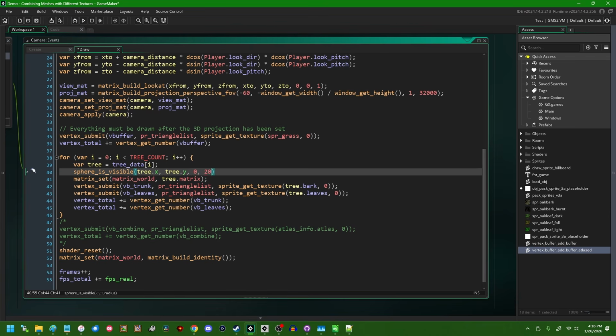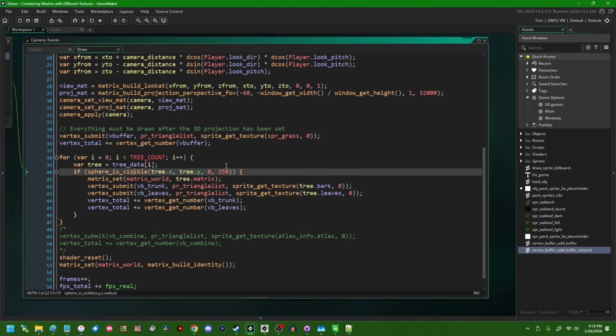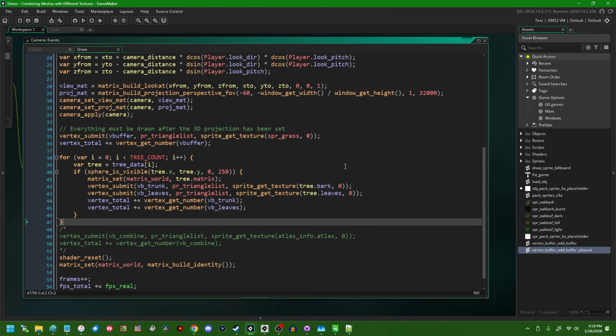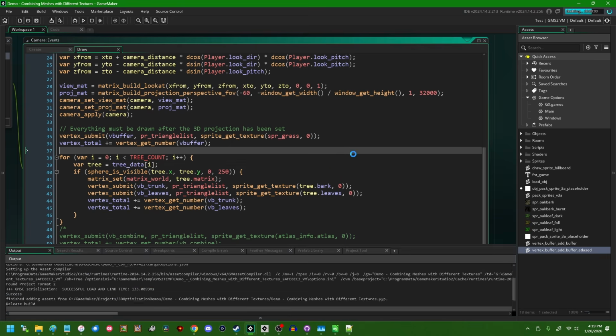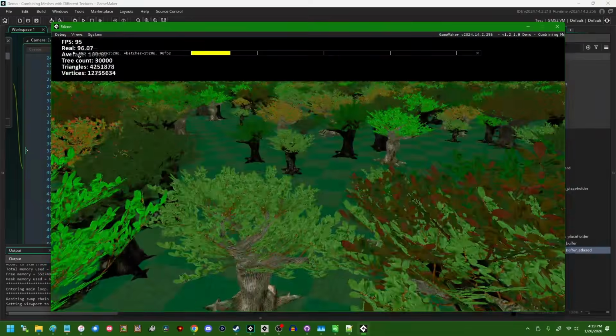And the radius, I happen to know that the largest radius of any of these trees with the scale that we have is gonna be about 250. I'm just gonna hard code that. If you're gonna do something like sphere is visible, you should probably keep track of the bounding radius of an individual model so that you can do this programmatically, but I'm just going to hard code it. And I can say if sphere is visible, then we're going to draw all this. If the sphere is not visible, then the thing is out of view anyway, we're not going to draw it. And if I run the game now, we're actually going to see